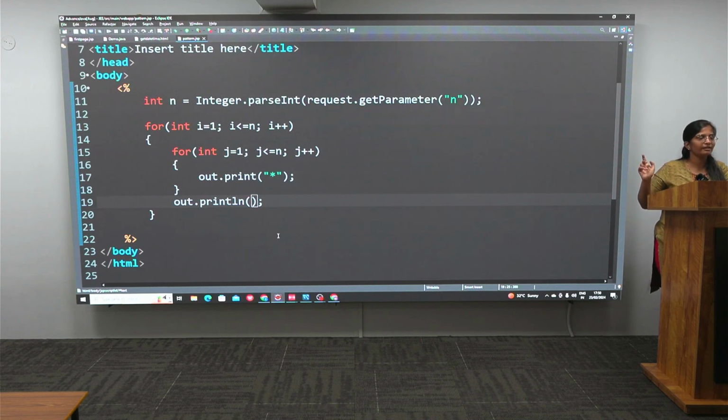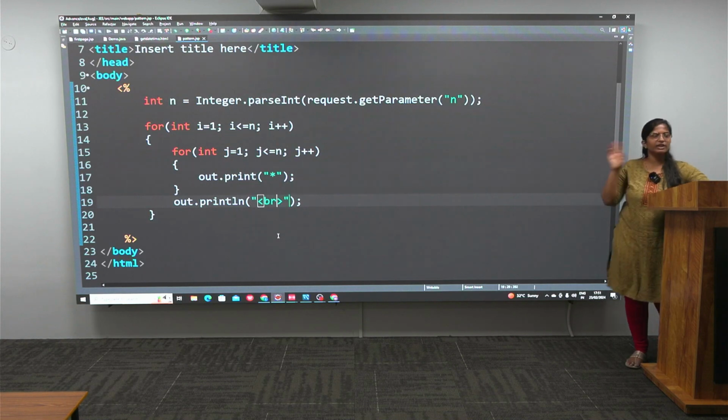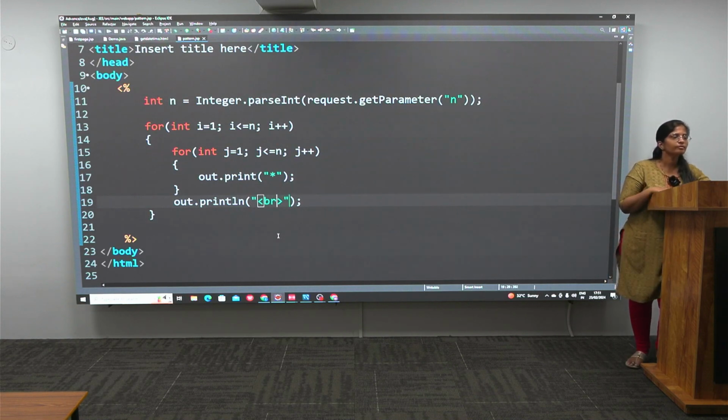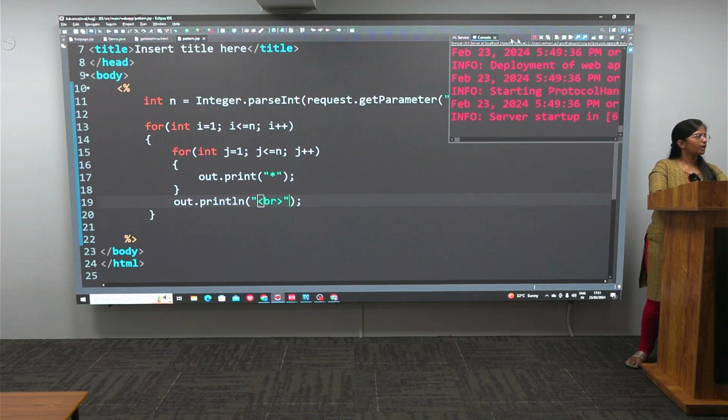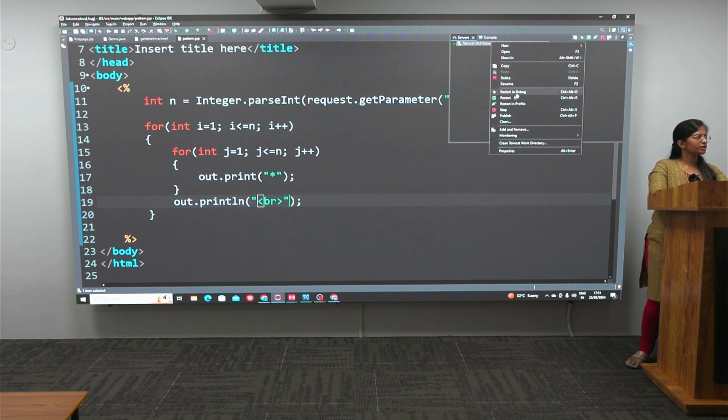Yes. How will you be writing? Inside double quotes I will just go and say here the BR tag. BR tag means it is just taking control to a new line. Slash and no, okay, because it's HTML code, not your Java code. So here I just wanted control to be taken to a new line, so you can make use of this. Now, if I were to go and restart your server,